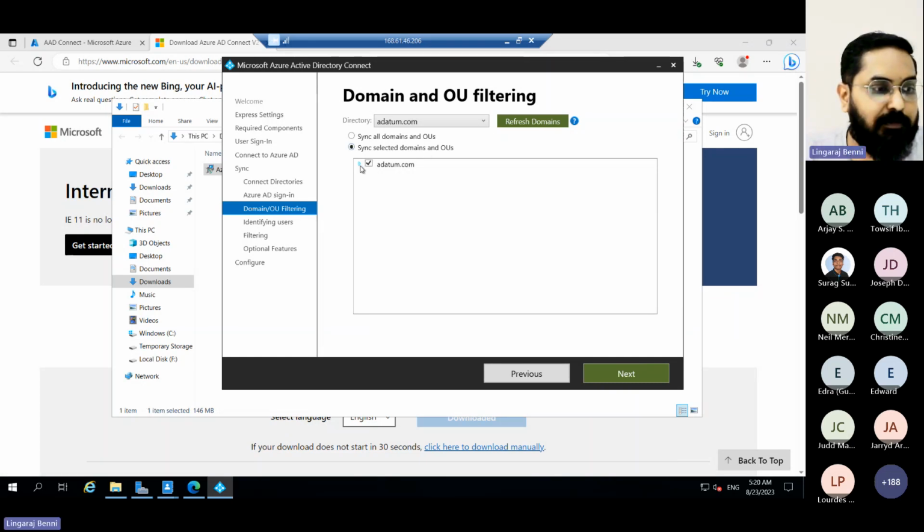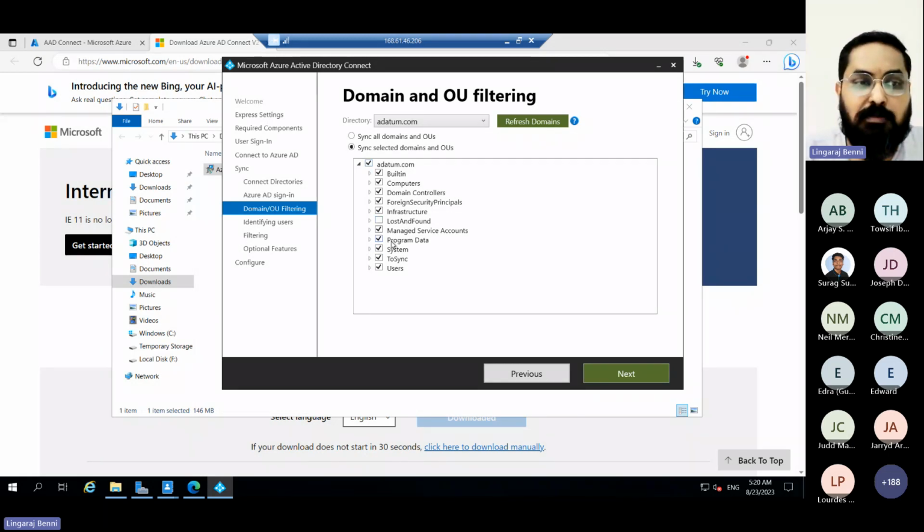Now, if I click on this, you can see here there are users, ToSync, system, program. So everything comes out, or everything pops out. So this is pretty important, where you have to choose what you want to select. So I'm not selecting all here. I'm selecting ToSync. Okay, so